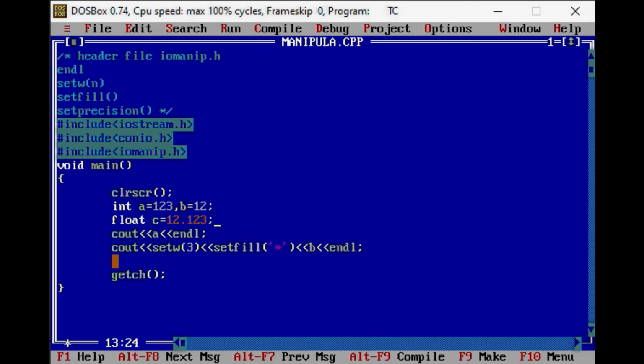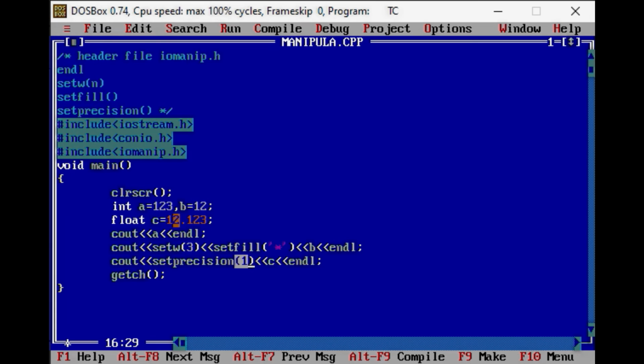And now in the cout statement I am going to write setprecision, and in the brackets I am going to give the value 1, and it is going to be applied on variable c. So I am writing here c and again endl.